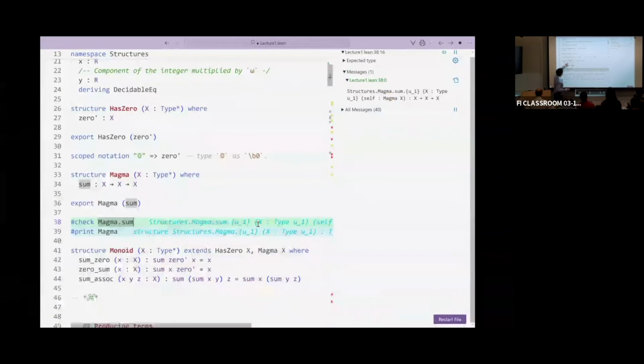It is saying this makes sense only in a context where x is a type, and when there exists a term of magma on that type. So this is just, in a sense, an anonymous name given to the variable representing the term in this structure. Okay.